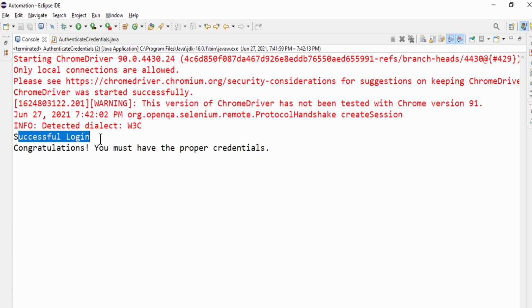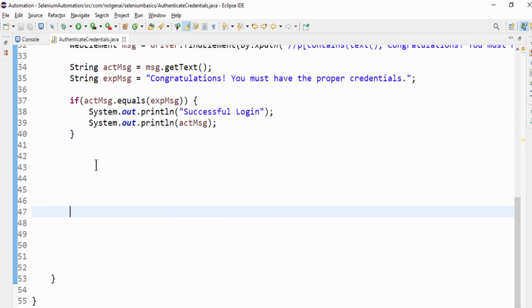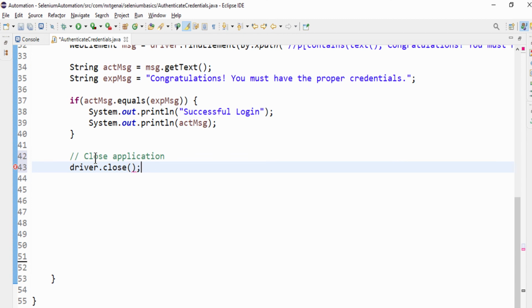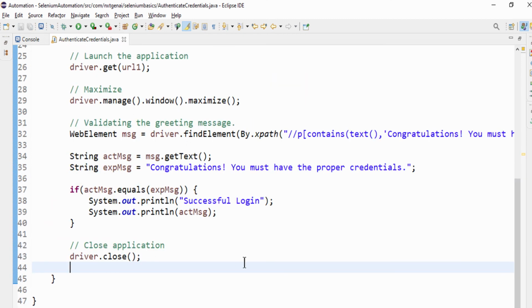Yes, it's a successful login. It displayed our expected output. And always keep this point in your mind: it's mandatory to include closing of the application. So driver.close(). Now when you execute, it will close.